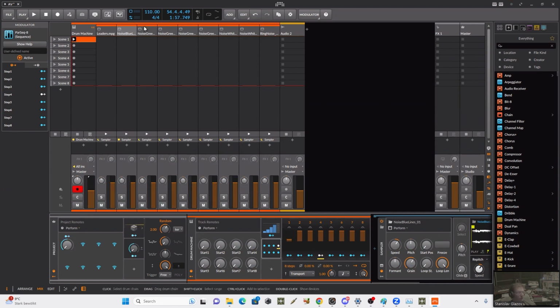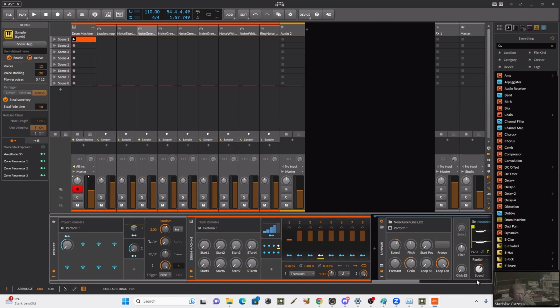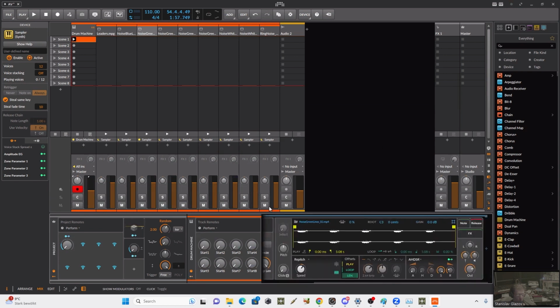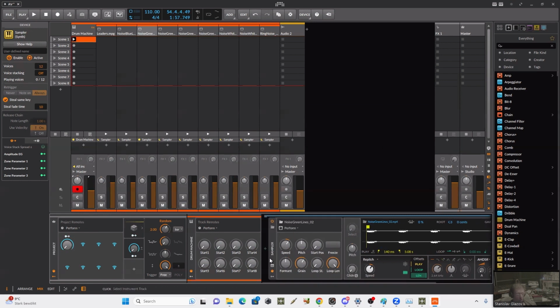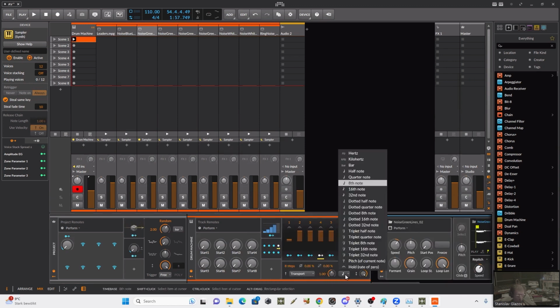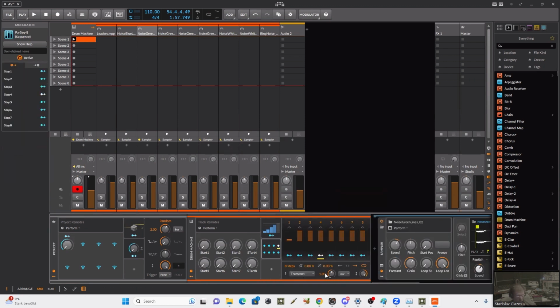So the second sequence has 1, 2, 3, 4, 5 also. So we can set it to the bar,